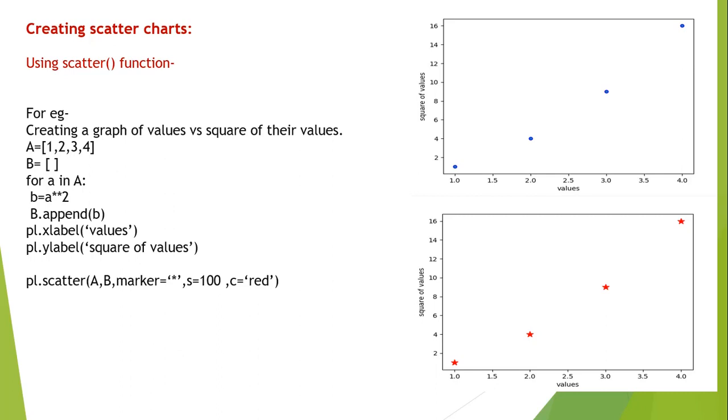Got it? So whatever changes we want, we can change accordingly. We can change the marker to the diamond shape, we can change the marker to the plus shape, the k shape, any type of marking we can do, and size we can accordingly change, and whatever the color of the marking is there, we can change accordingly. Suppose here we have given red, we can change it to green, we can change it to black, as per your need.